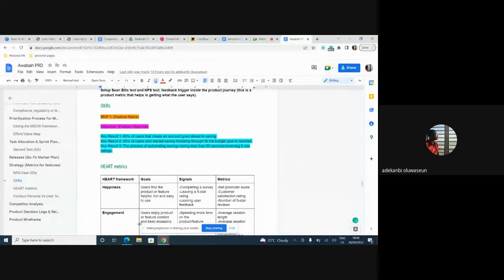Today, we had a meeting at the office, right? And there were some things that were required of me to do as a product manager. I'd never done them before in my life. But because I had the idea, because I know that there's always a solution to every problem, I was able to come up with something and then attempt it, right? And that's what you would do as a product manager. You will not learn everything at a go. But the more you do, the better you get.